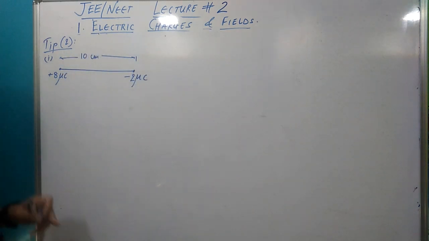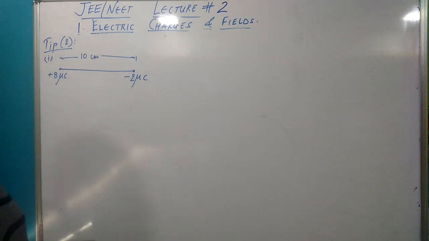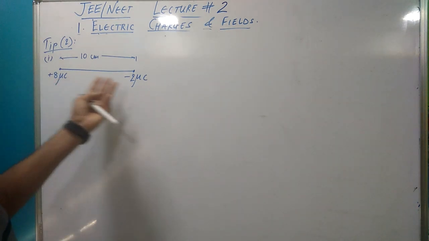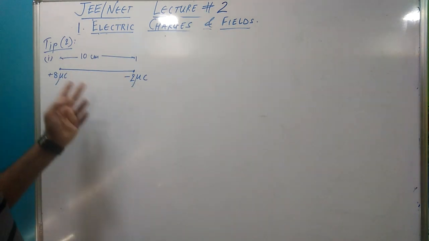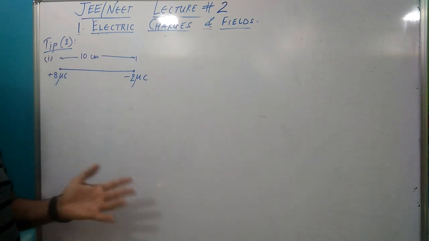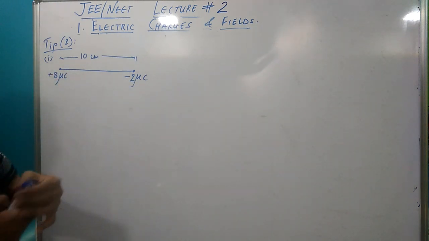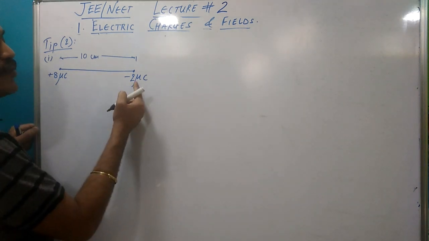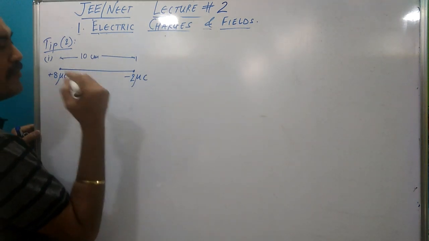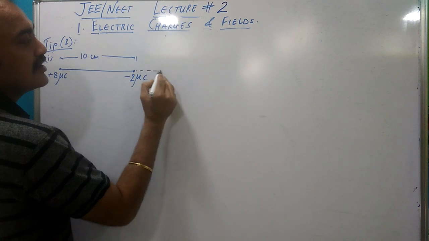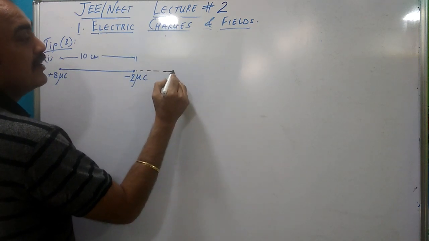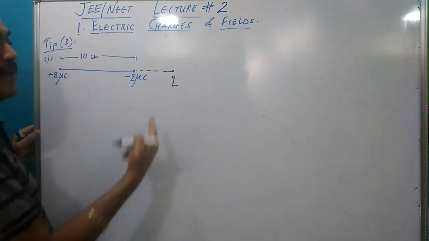And the question is, where do I place the third charge so that the net force on the third charge is zero? I call this a family system. One is positive, other is negative. They form a couple, it's like that. This is a mummy papa situation. And this is the smaller magnitude charge, I'll call it mama. And the third charge, that is the child, will go near the mama.